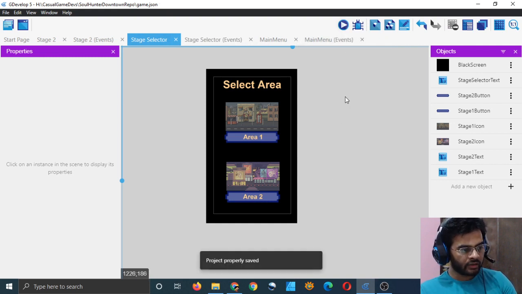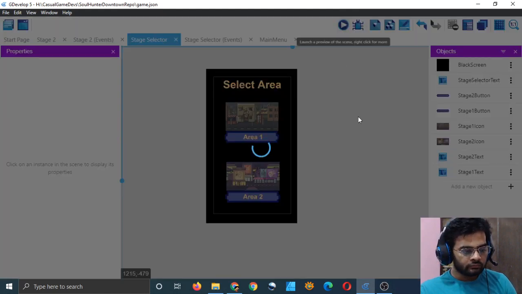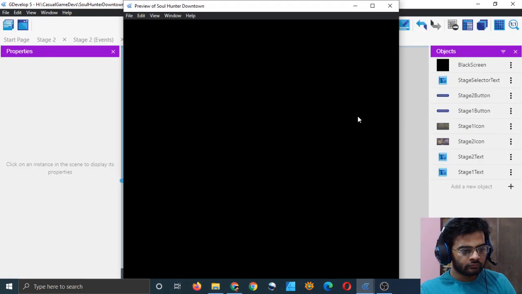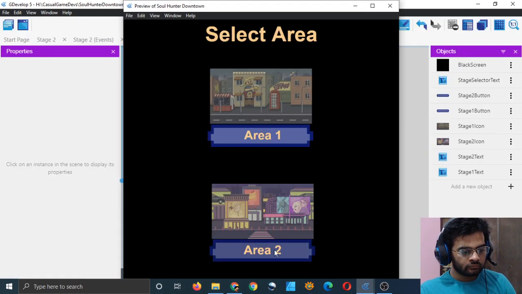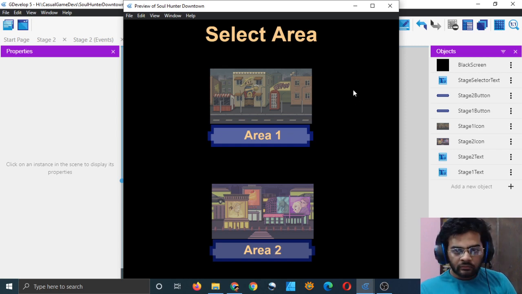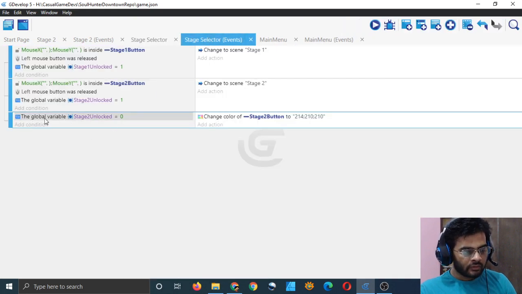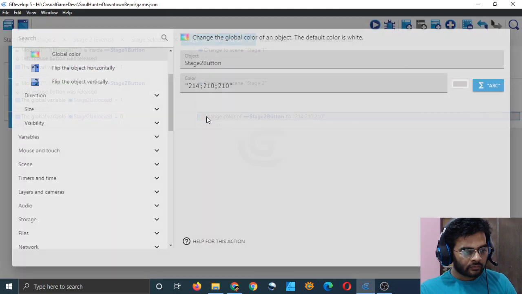I will just run directly this one because we want to check this one. We have already checked main menu. It's working. There is no difference really. So it doesn't show any difference.